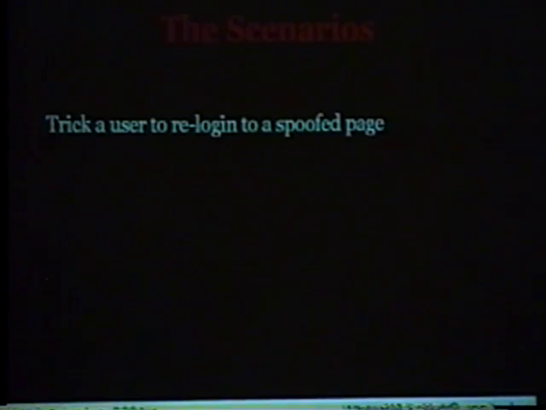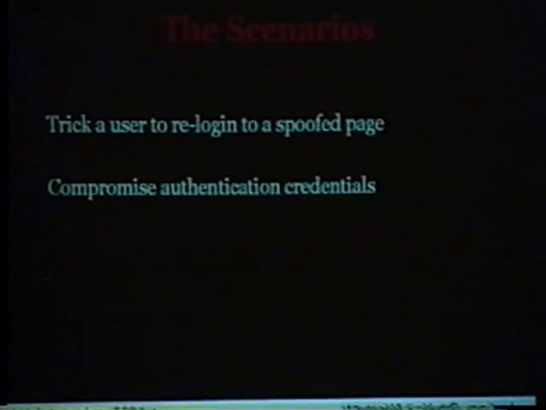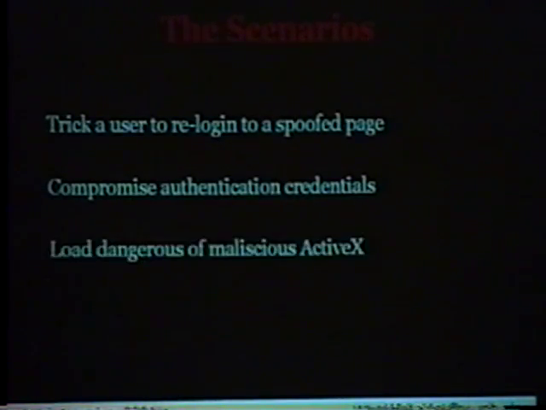Before I go further, a lot of what I'm talking about is getting to the point where you can successfully attack the user and beyond. So I'm focusing more on the implementation, how to attack the user, how to bypass the security, to do, you know, all these things here. You can compromise authentication credentials. We just went over that.